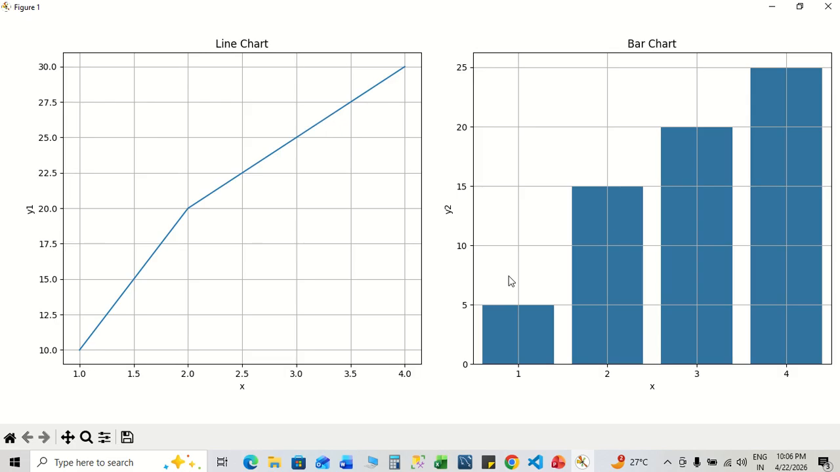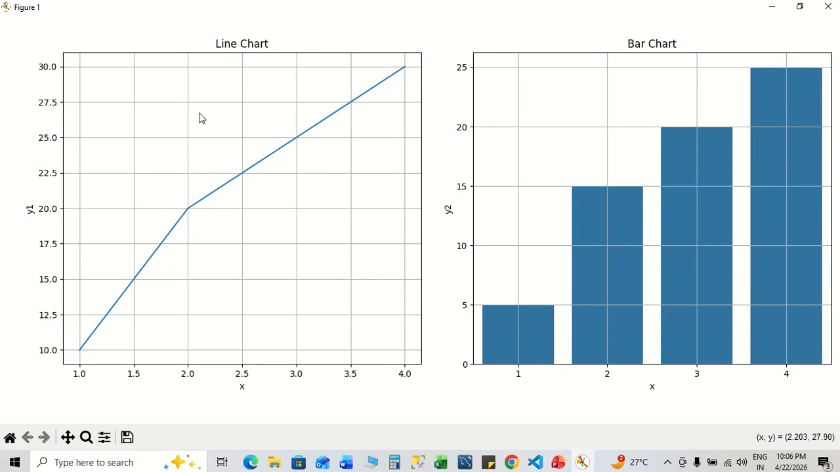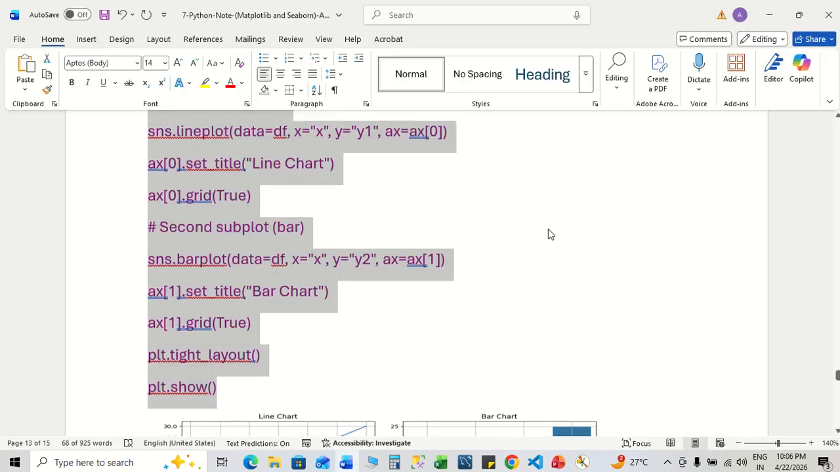Okay, same graph by the help of Seaborn. The line graph and the bar chart. Same data, everything is the same, but only by the help of Seaborn. Here,